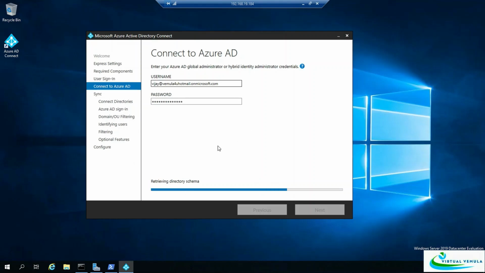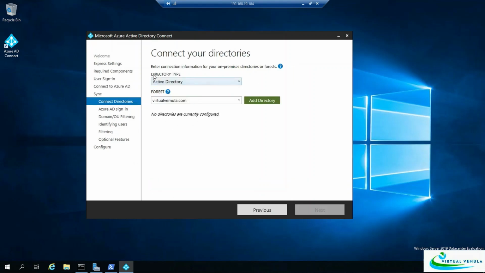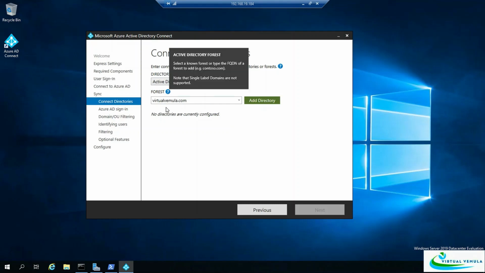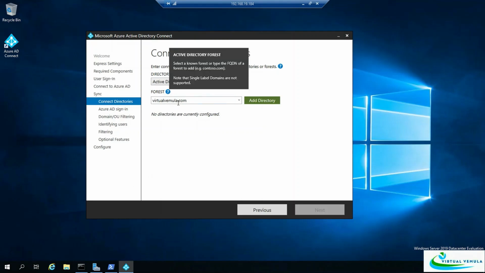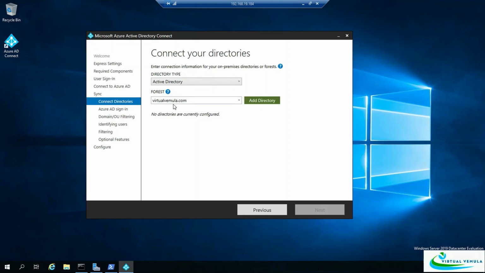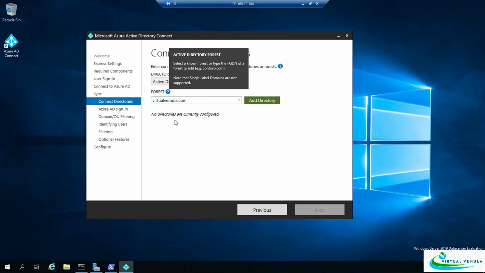Now, once this part of authentication is done, the next part is authenticating to your on-premises directory services. Now, as I said, I got only one directory. Then how is it picking this domain name? Because this machine is already added to the domain. Now I need to add this particular domain, which is virtualvmla.com. So in order to use this domain and in order to replicate the identities, whatever I have here, I need